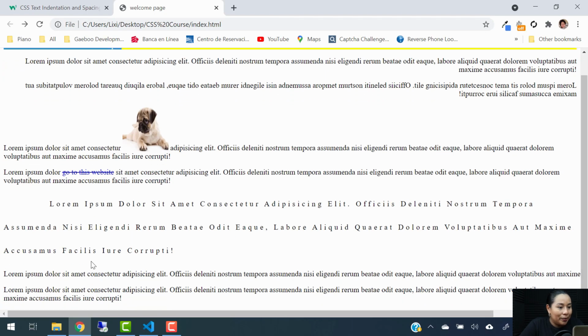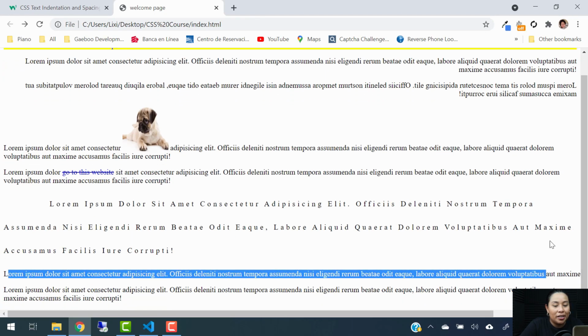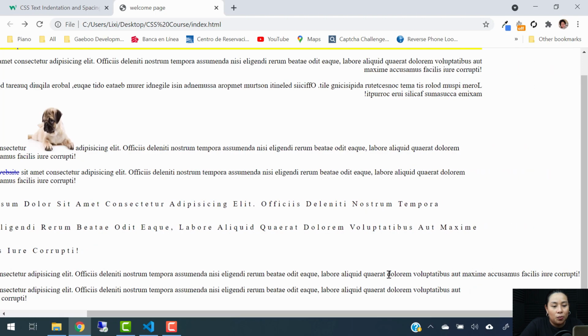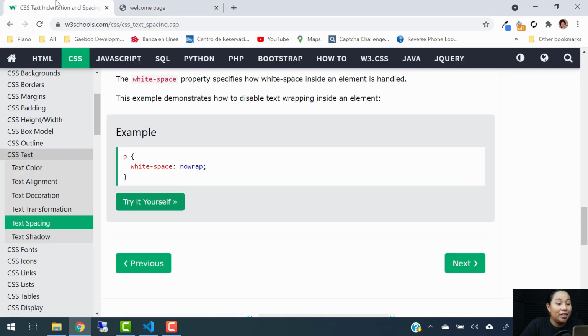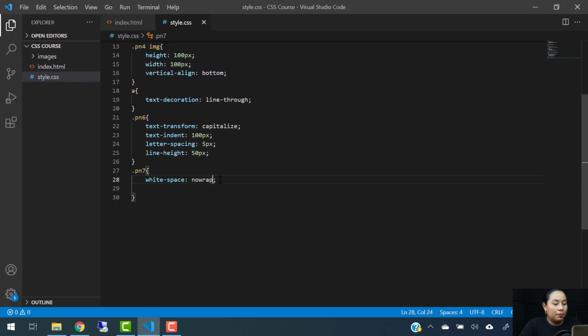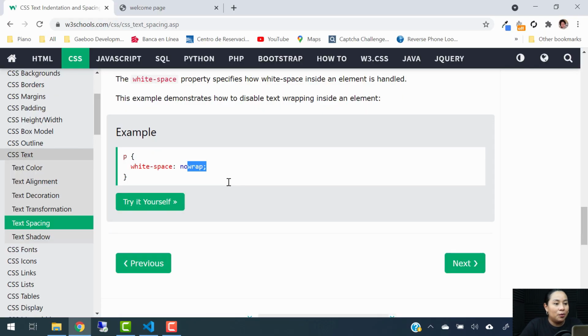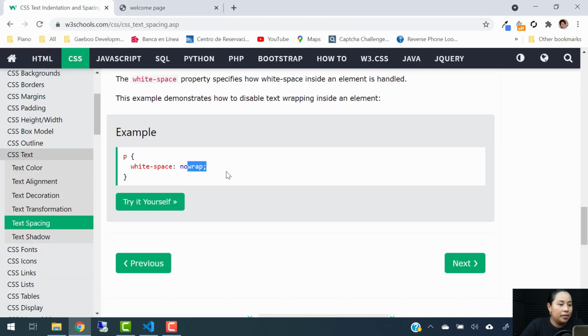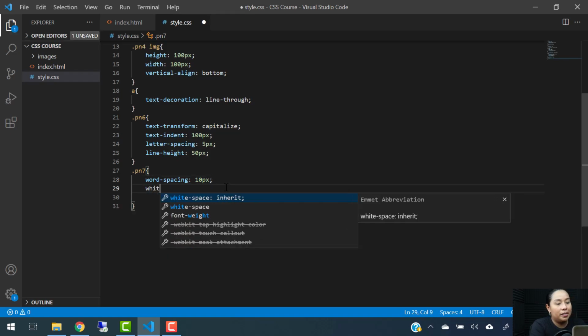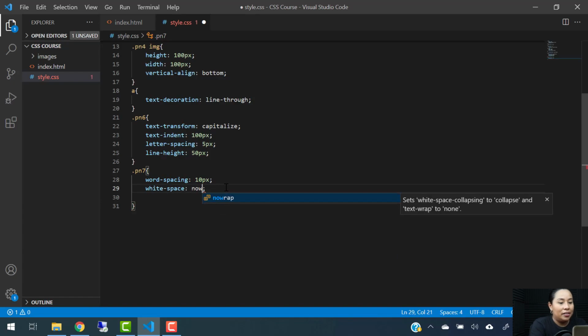Now in here, it doesn't go to the next line. It's just all in one. It doesn't wrap, in other words. So that's why you're going to use the white space nowrap value if you want to remove that. Anyways, I just like how it looked before, so let's go ahead and change it to the word spacing of 10 pixels. I'm going to hit save there, and in fact, you know what? Let's go ahead and use the white space just with the 10 pixels of distance. Okay, and let's say nowrap,